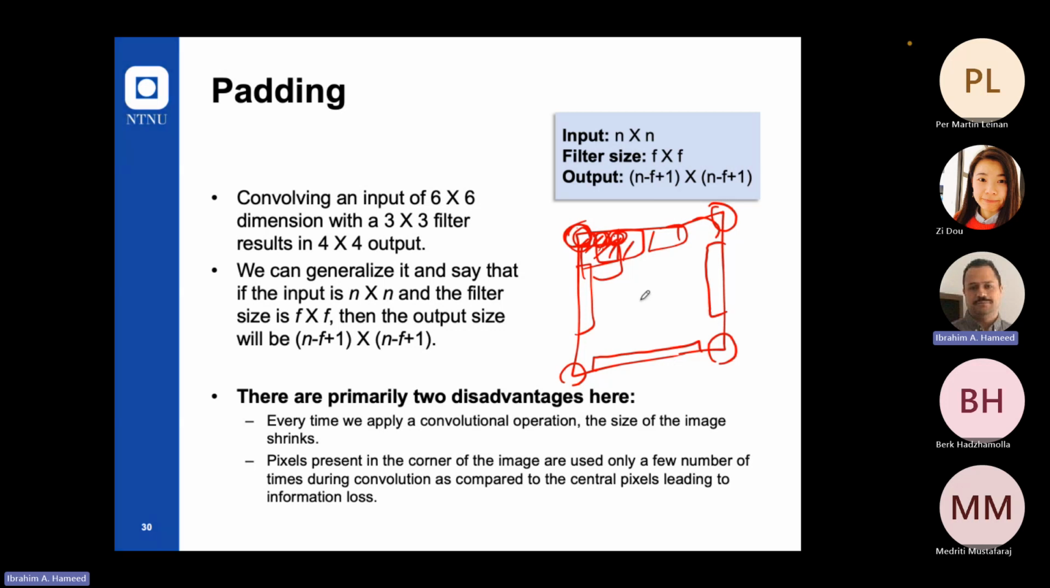And also, those pixels will be scanned much, much less compared to the inner pixels. And this, in fact, gives a hidden message to the CNN layer: please focus on the information in the middle. Forget about information coming from the outside, from the borders, from the perimeter. So we will focus on the information coming from the middle. And this is a problem